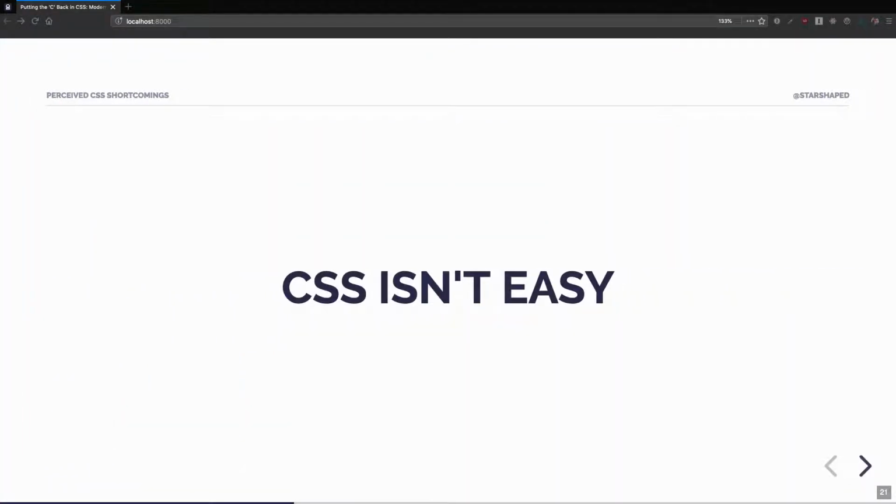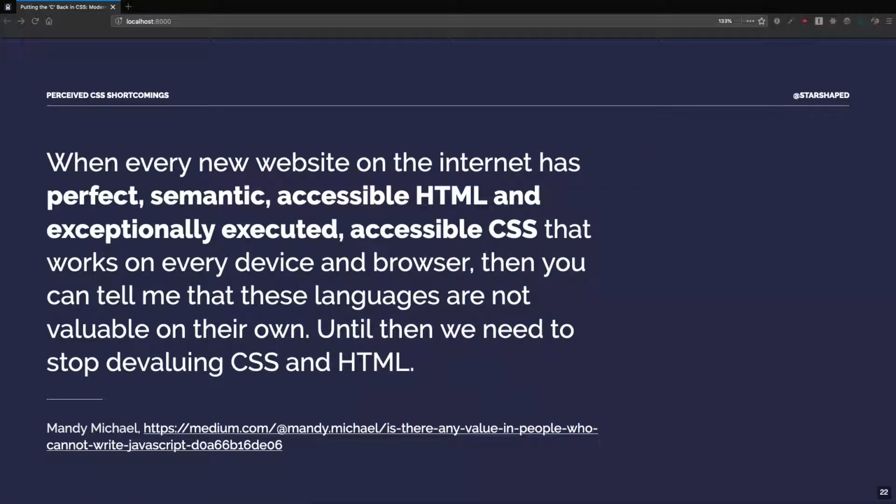An argument I see in regards to this is, "Oh, CSS is easy. Anyone can do it." Again, to quote Mandy, "When every new website on the internet has perfect, semantic, accessible HTML and exceptionally executed, accessible CSS that works on every device and browser, then you can tell me that these languages are not valuable on their own. Until then, we need to stop devaluing CSS and HTML." Oh, and speaking of accessibility,